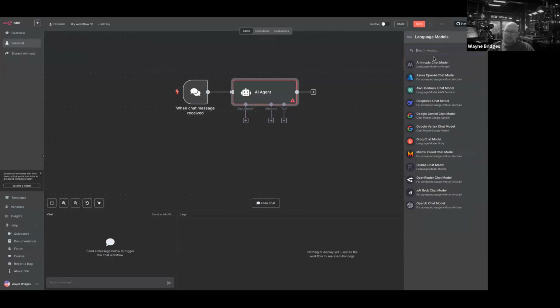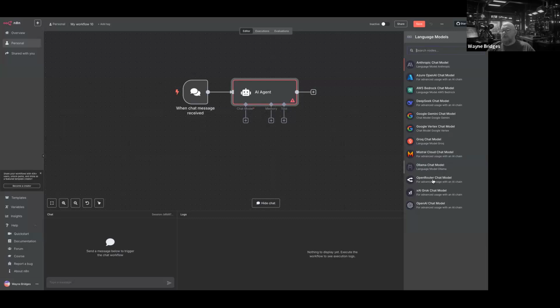So there's, as I said, Anthropic, Azure, which is Microsoft's, AWS, which is Amazon's, DeepSeek, which is a Chinese reasoning model. Then we have several Google models here, Grok, which is created by Elon Musk, Mistral,